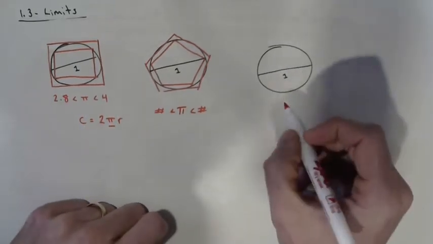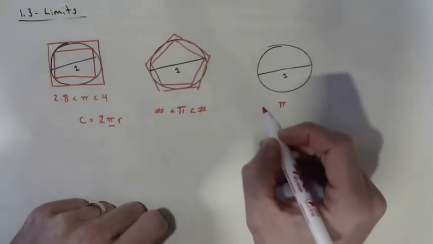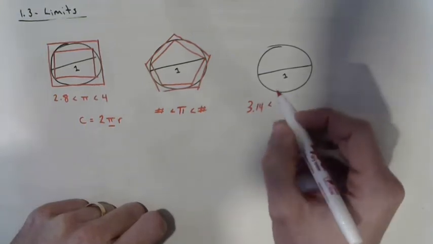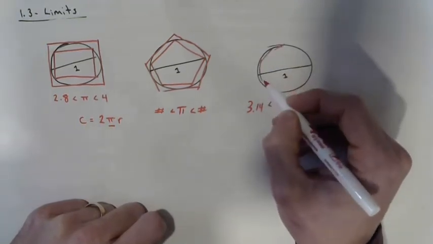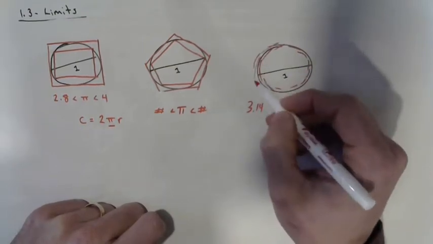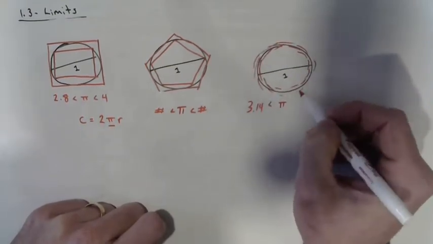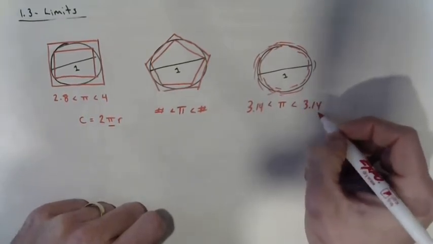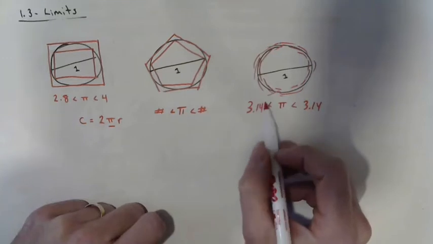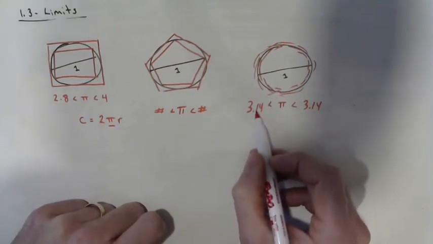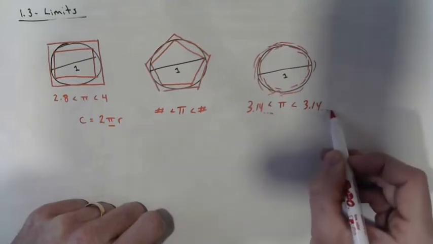Now, what he was able to do is to estimate pi to an accuracy of 2 decimal places. He had a lower bound. He had a polygon with 96 sides by the time he was done, and he did that inside and he did that outside. Excuse my drawing. And he was able to get it accurate to 2 decimal places, that the inside polygon and the outside polygon were both 3.14 something something something.